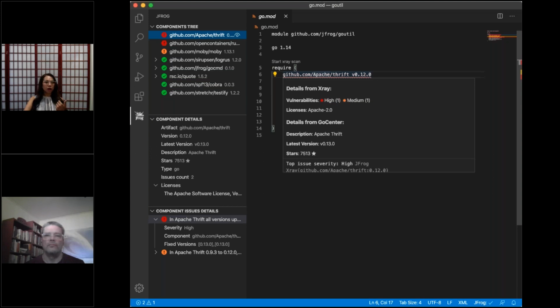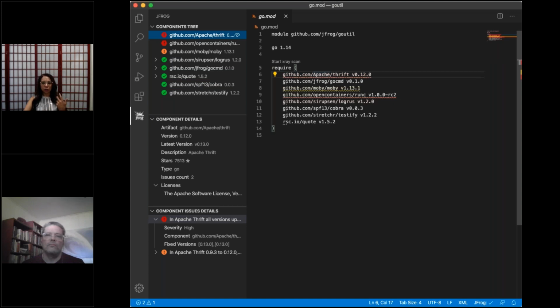All right, so I talked about DevSecOps also in my presentation and shifting left as a best practice. And here you'll see that with X-Ray being integrated with the rest of the platform, developers are being kept in mind. And that's whether you're looking at a package or a build or a release bundle, or even your IDE. And X-Ray provides that awareness of your security as well as your license compliance across the different stages of your pipeline. And at the end, your developers are pretty much happier because they have that integration in order to be able to shift left with your security. All right, so moving back to my